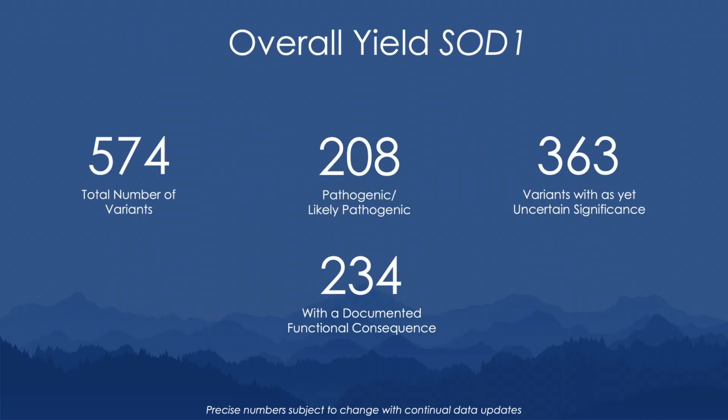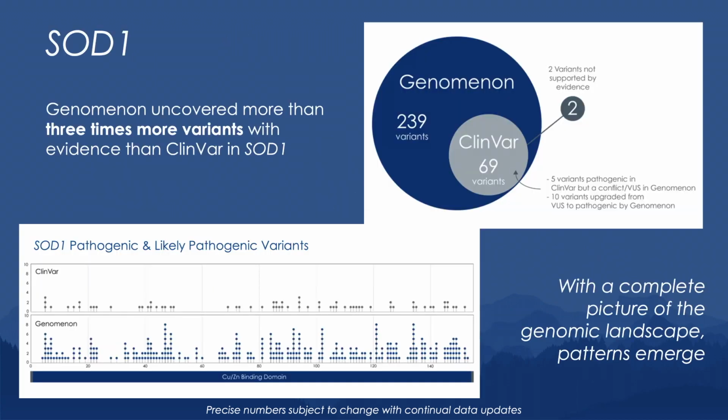So obviously we have all of this information thoroughly annotated for each of those individual genes, as I'm showcasing here for one of the more prevalent genes associated with familial ALS, which is SOD1. But to take you a little bit deeper into the nature of that evidence, I want to showcase some of the findings for each of these representative genes that I'll be calling out on the next slides.